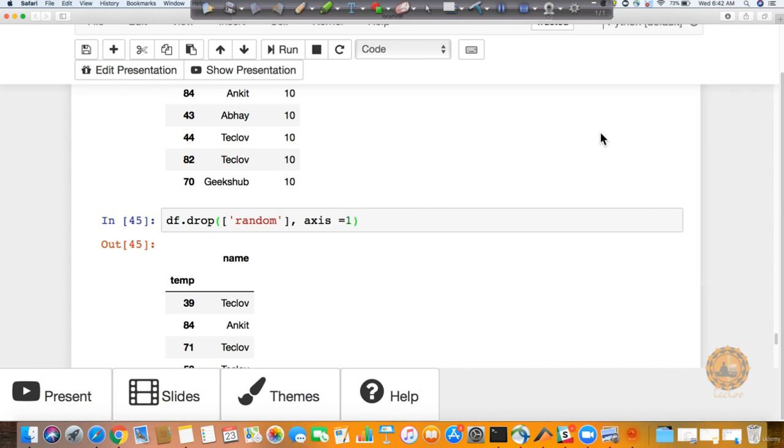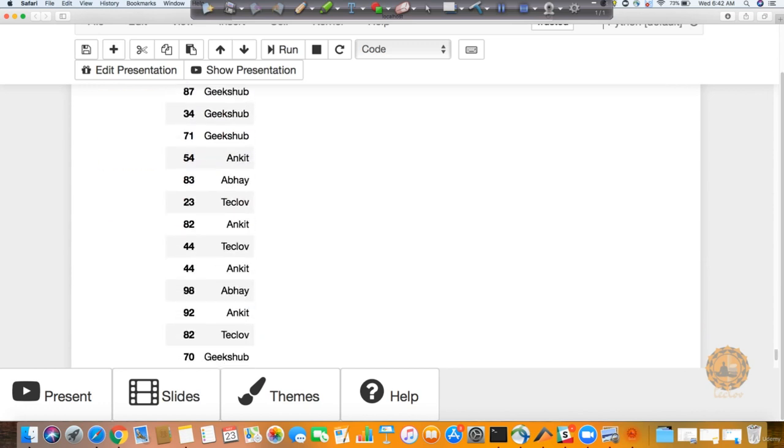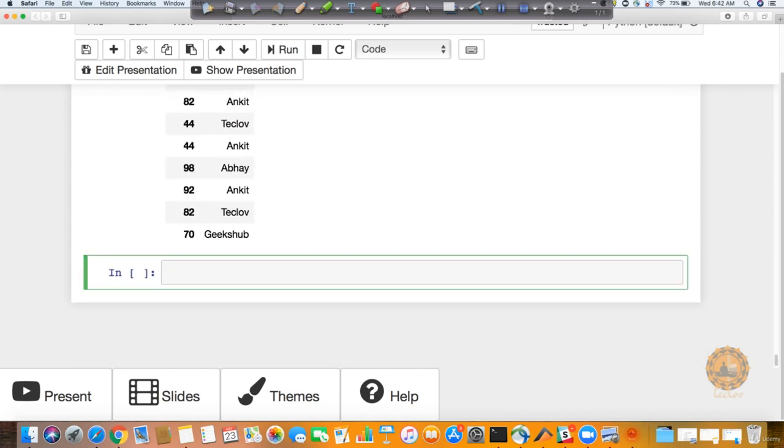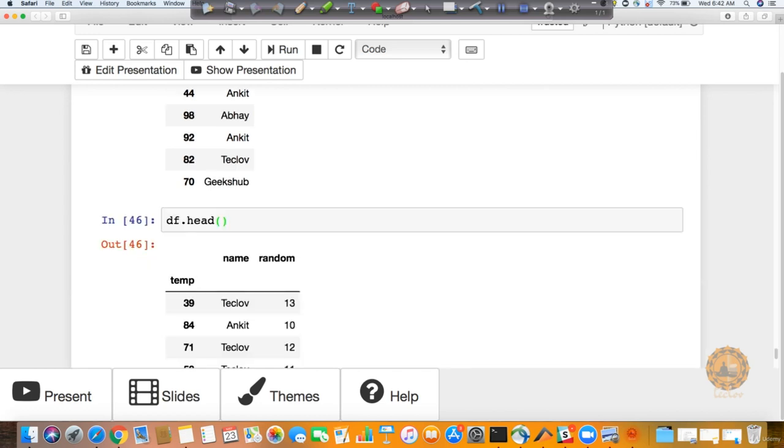Okay, and one more thing, it is not a permanent change. Remember, I told you if you want to make it permanent, you need to put comma inplace true, otherwise it will be a temporary change. If you want to confirm it, I can say df.head, and you can notice that random is again back, right? So if you make inplace true, it is going to work for you without any issue.